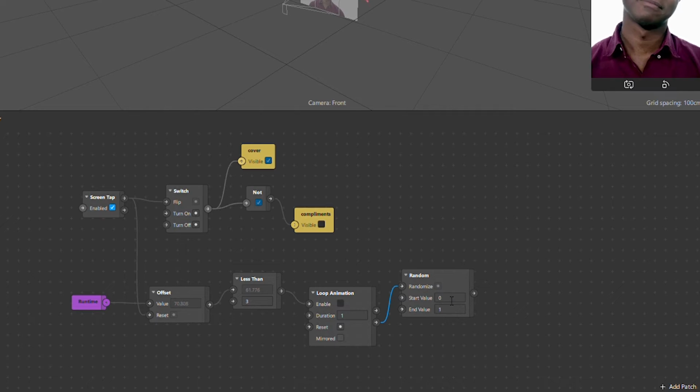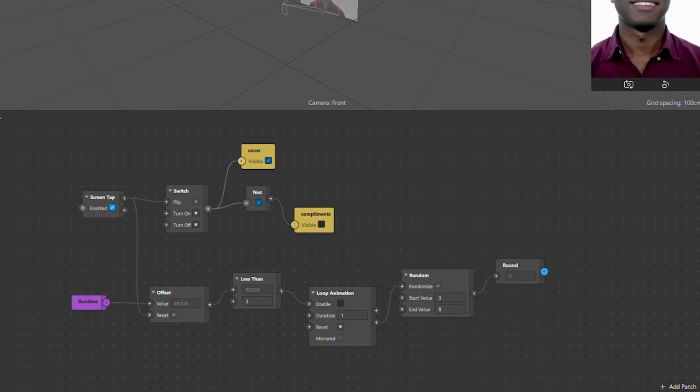What it's going to do is keep it random and not play it in a certain order, so it's always guessing. And add the end value as the number of compliments you have. For example, I have 8 compliments, so 8 is going to be my end value. Then add round, so it's just going to round everything.